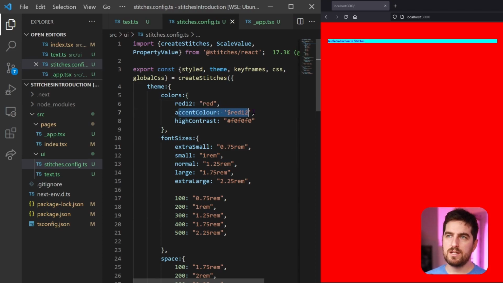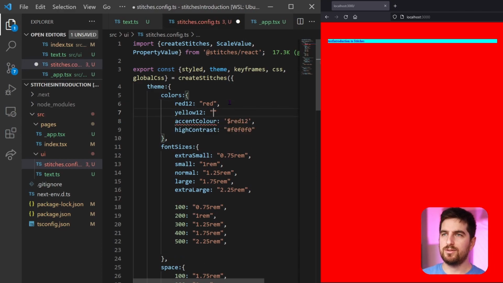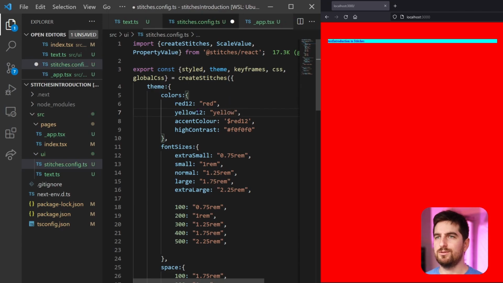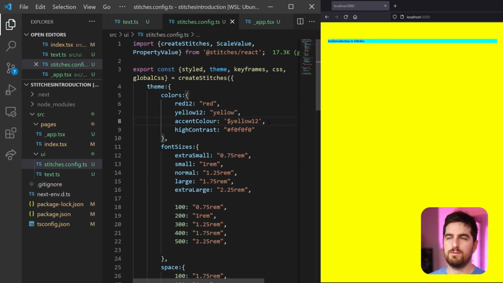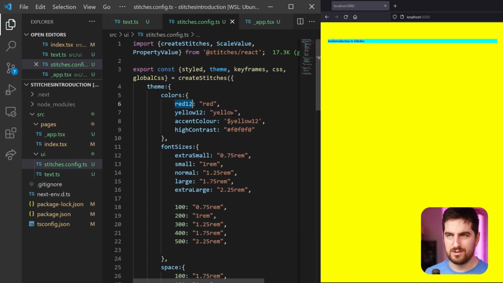For instance, the accent color here is really useful when you go in and now you have red 12, but you also have yellow 12. You can switch between red and yellow very easily. You don't have to go into every place you use red 12 and replace it by yellow, so now your red 12 CSS custom variable is actually yellow and it is confusing, or you have to replace red 12 with yellow 12 everywhere and stuff like this. So there are trade-offs, and this is something I really want to explore in a future video,